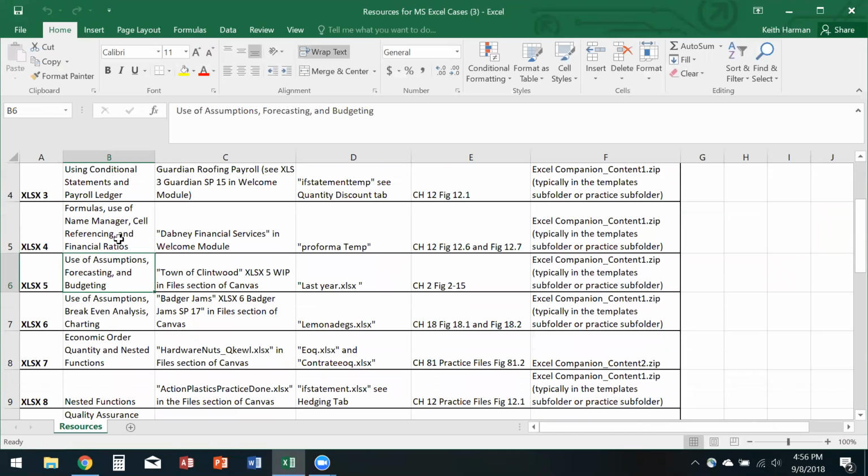In XLS4, you did the name manager, formulas. I showed you here in Dabney how to use the name manager, cell referencing, financial ratios, and then we did the pro forma template. And notice again, pro forma means for the sake of. And so notice when I did that income statement, I started with some year zero assumptions, and I just simply incremented them out or extrapolated them out as I was directed to, given things primarily driven by the sales, okay? Now, XLS5